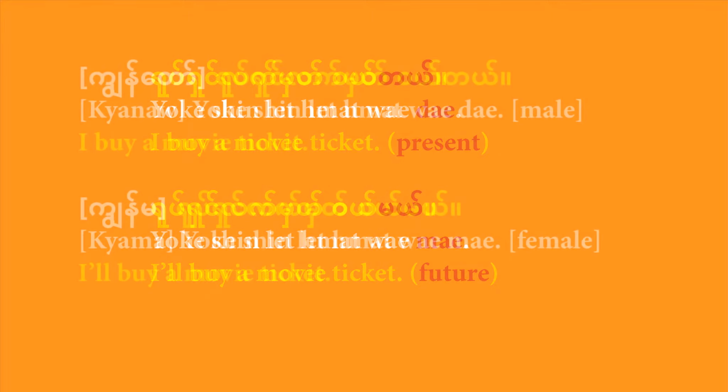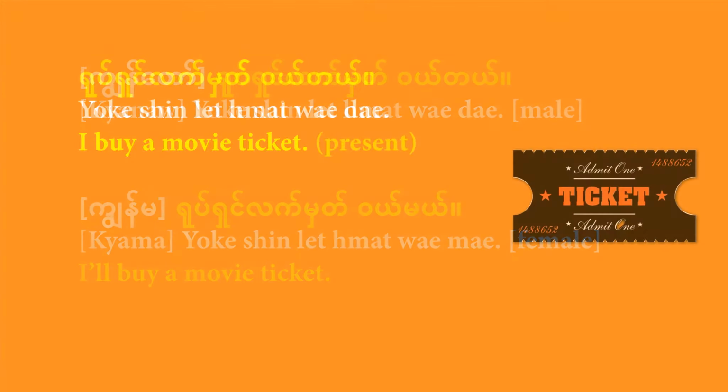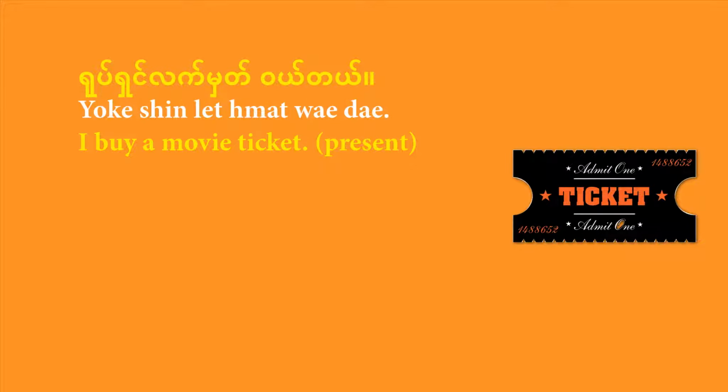Where is the subject I, you might ask? Well, it's implied, not stated explicitly. Now, this is a perfectly natural way to speak in Burmese. If the context makes it clear that you are the I in the conversation, that is, you're talking about you buying a movie ticket, you don't really have to include the word I, which is chano for men and chama for women in polite form. At any rate, for now, let's just use Yoke lethmal wear as the basic structure to start off from.